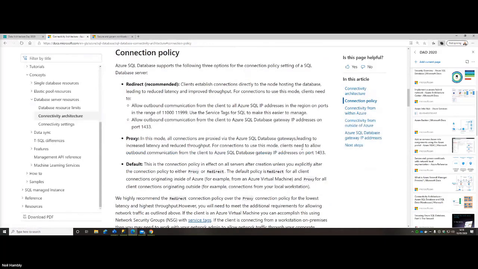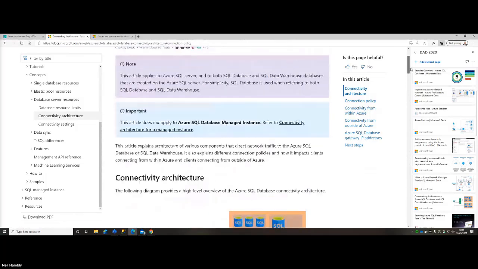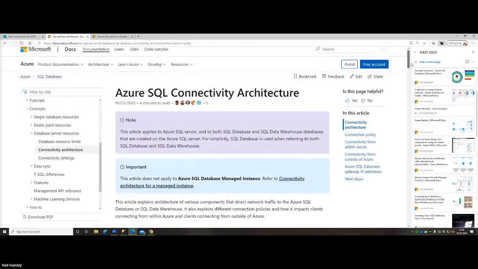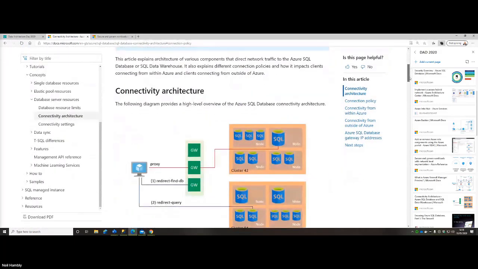The one thing that we need to be aware of when we're talking about connectivity into Azure services is something called an endpoint. An endpoint essentially is a way of communicating with that service. And usually what we do is we go through a gateway. The type of gateway that you go through depends on whether you're connecting from outside of Azure.